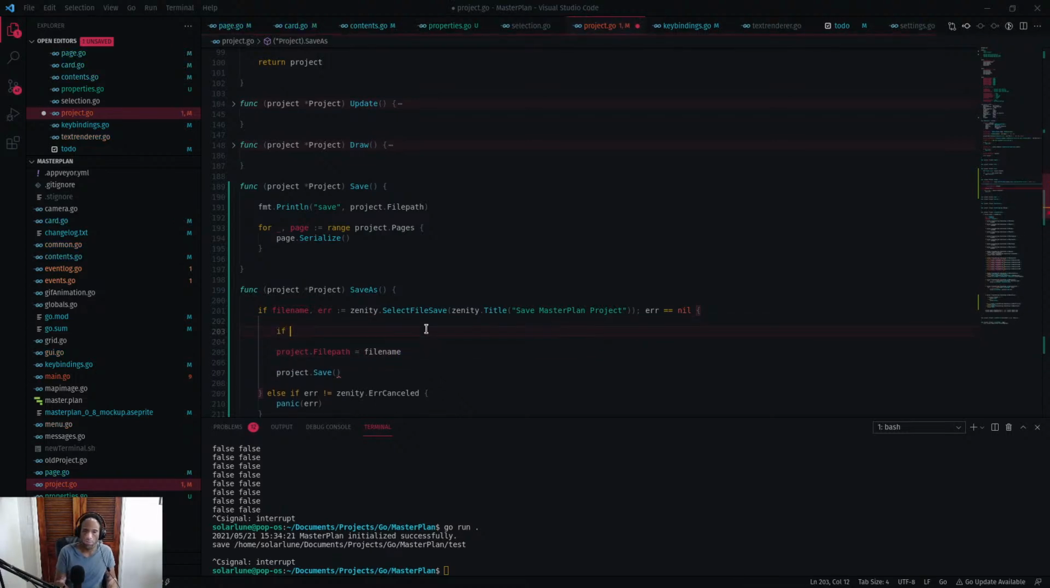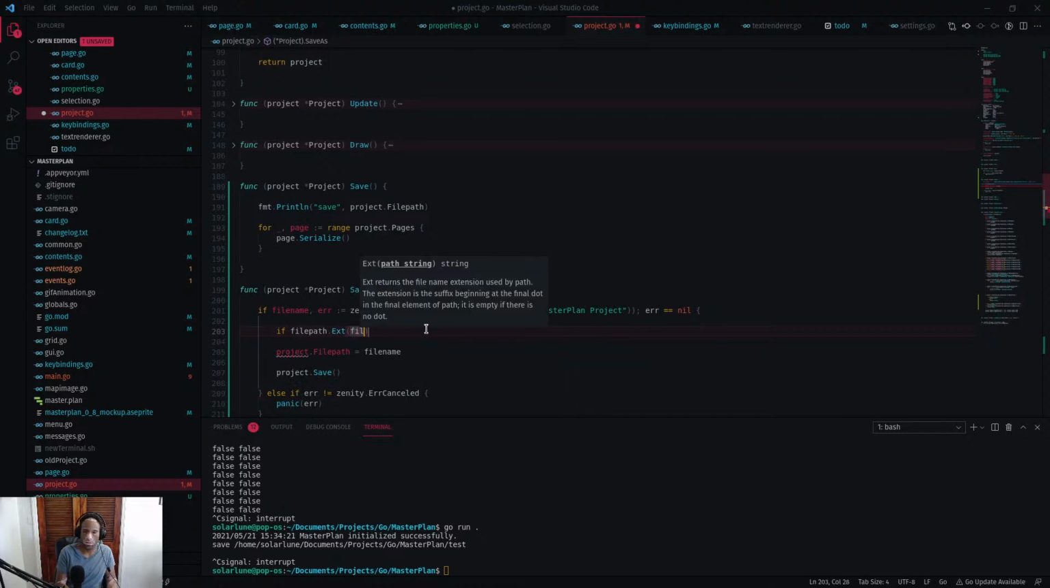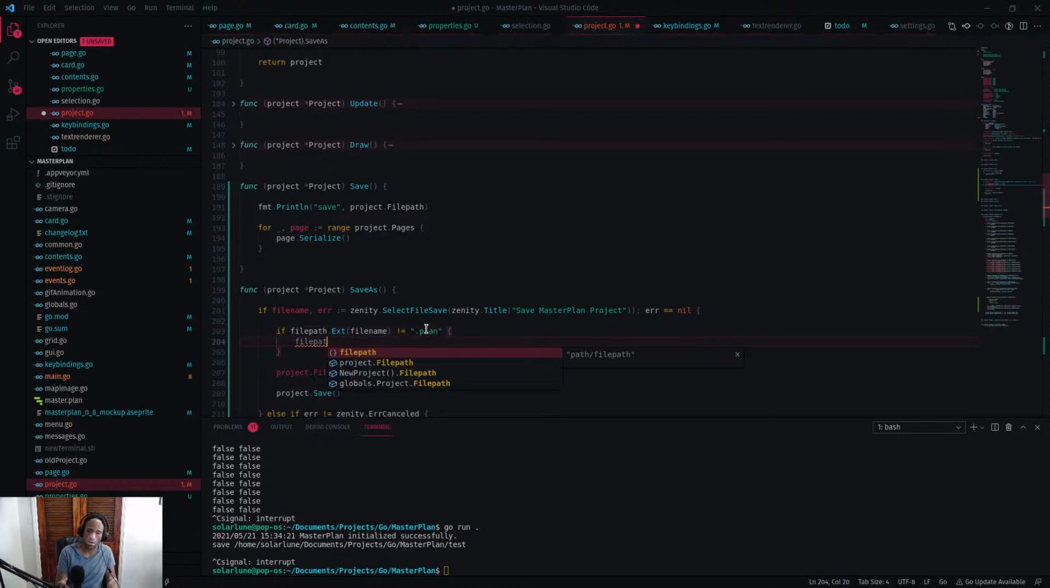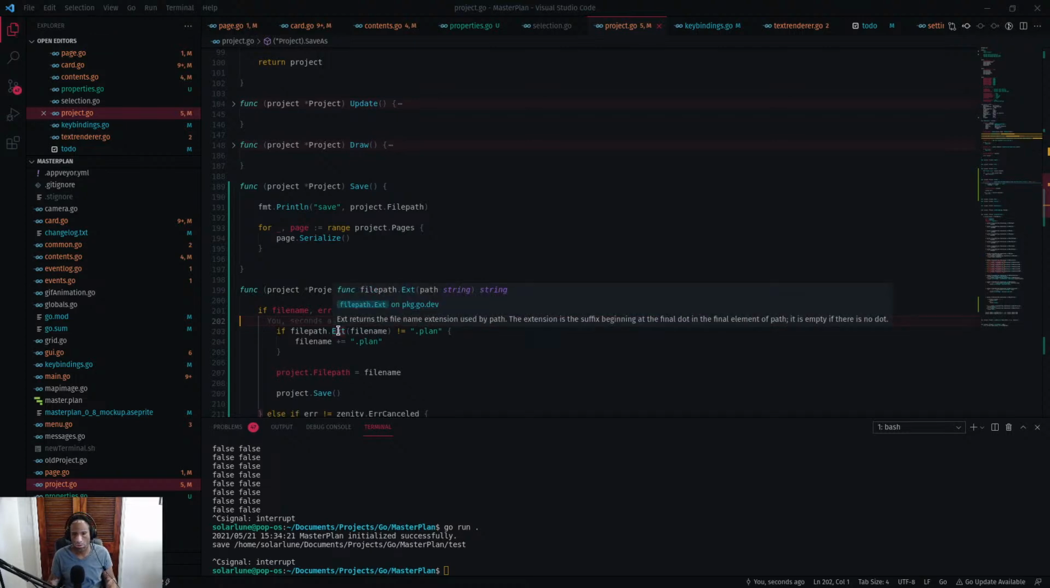Let's see if file path dot extension name to dot plan, file name plus equal plan. I don't remember beginning at the file dot final dot. Okay, so